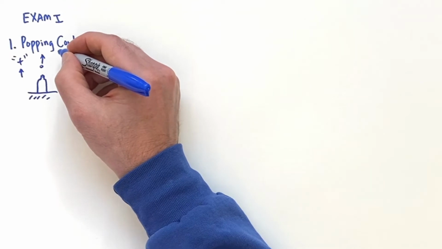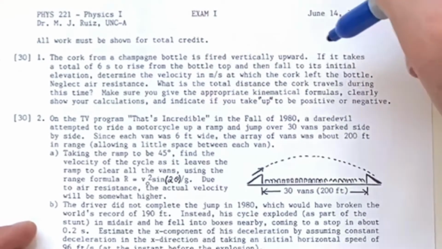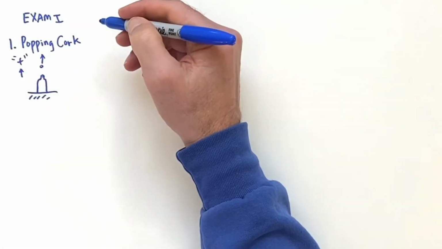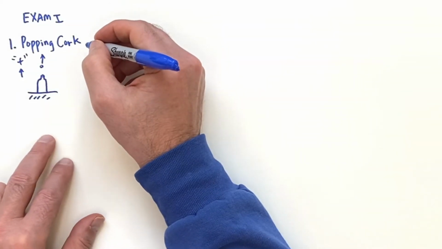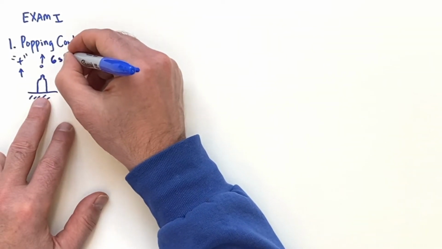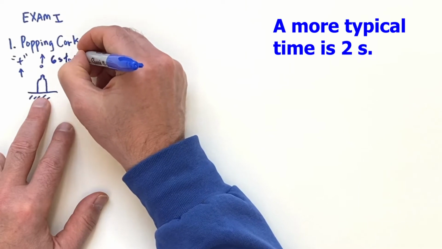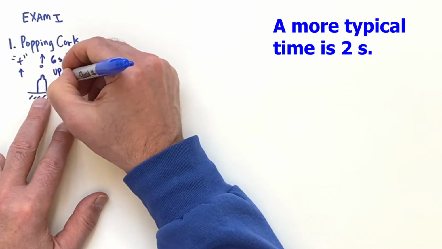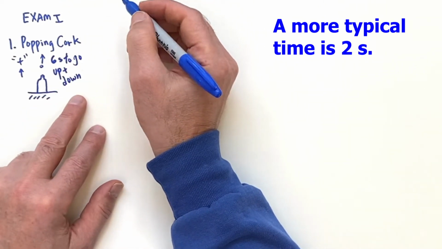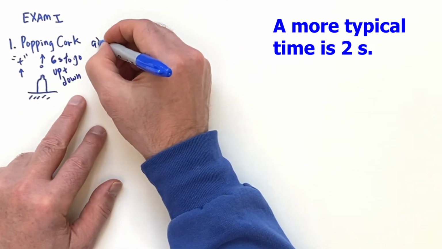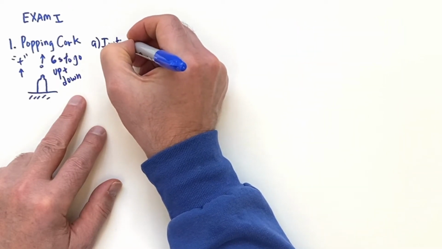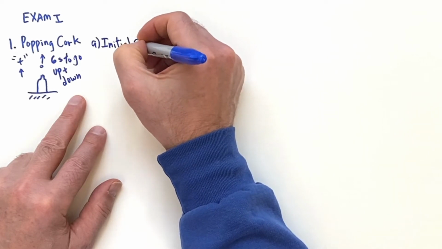Now read the question again here. If it takes a total of 6 seconds to rise up and then fall down, so that means the 6 seconds is total. So 6 seconds to go up and down. And so the first question is the initial speed. So the initial speed,